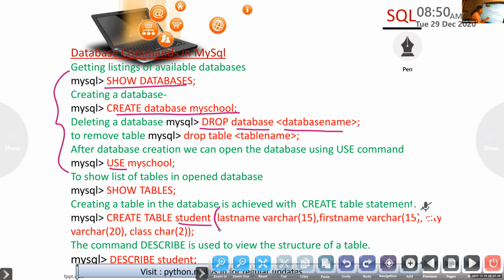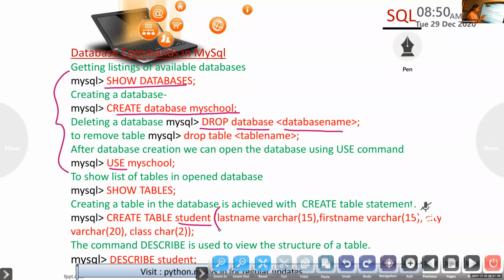The first field, first column name or first attribute that you want to create, in this example, is last name. The column name, space, data type. So here it is given for last name, space, varchar 15. The meaning is that in the bracket 15, again this bracket is a round bracket, the maximum allowed characters to enter for last name is 15.